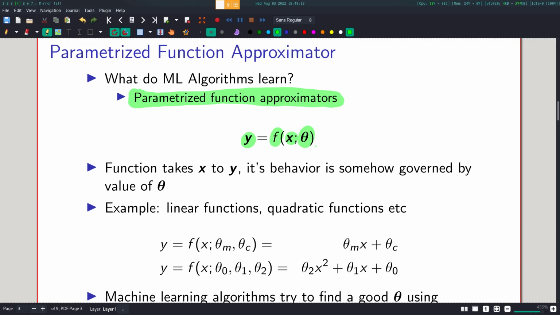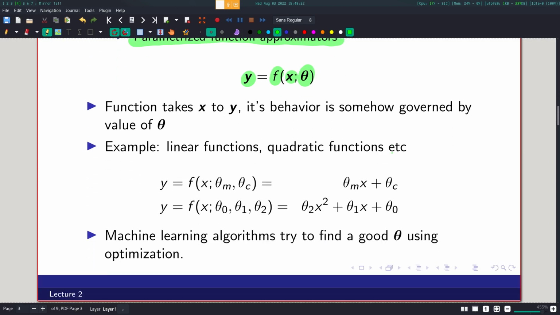If you change theta, the way that the function behaves will slowly change, right? So let's look at a few examples of such parameterized function approximators. The simplest example is probably linear functions. So for example, if you keep theta m and theta c constant, then as a function of x, this is just a linear function,